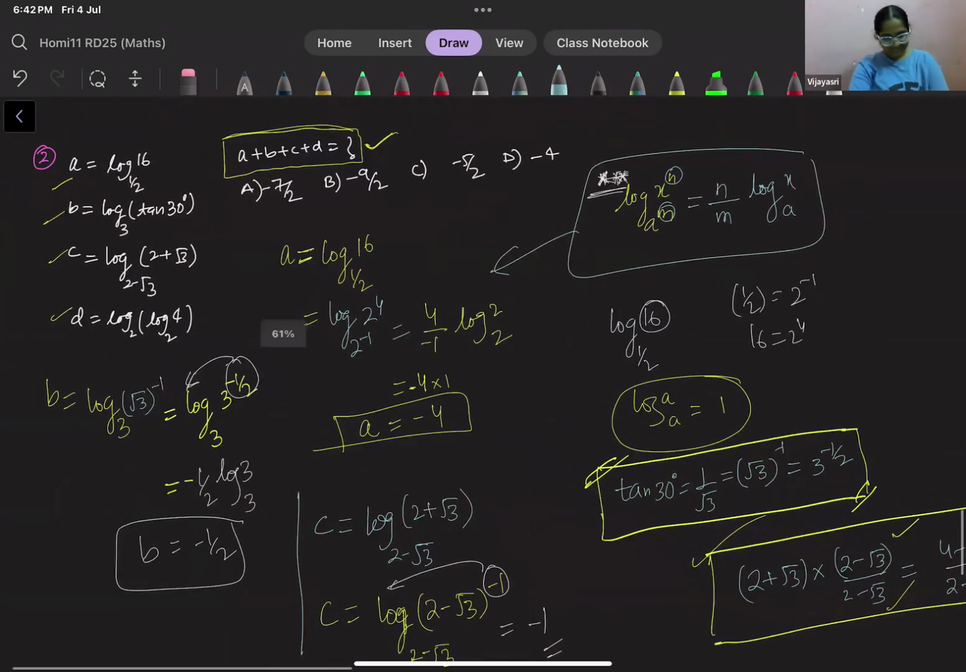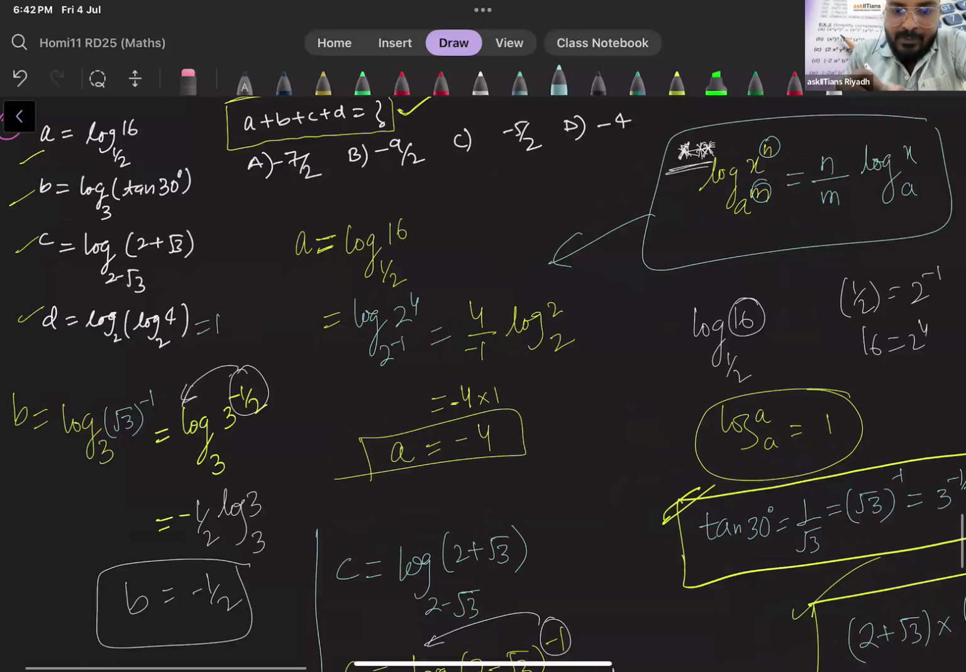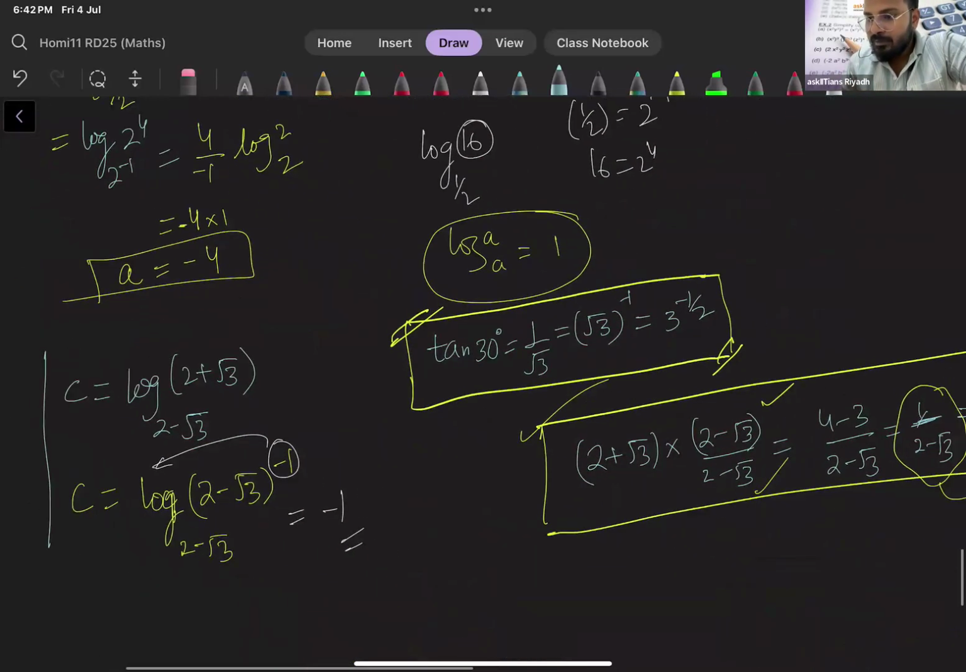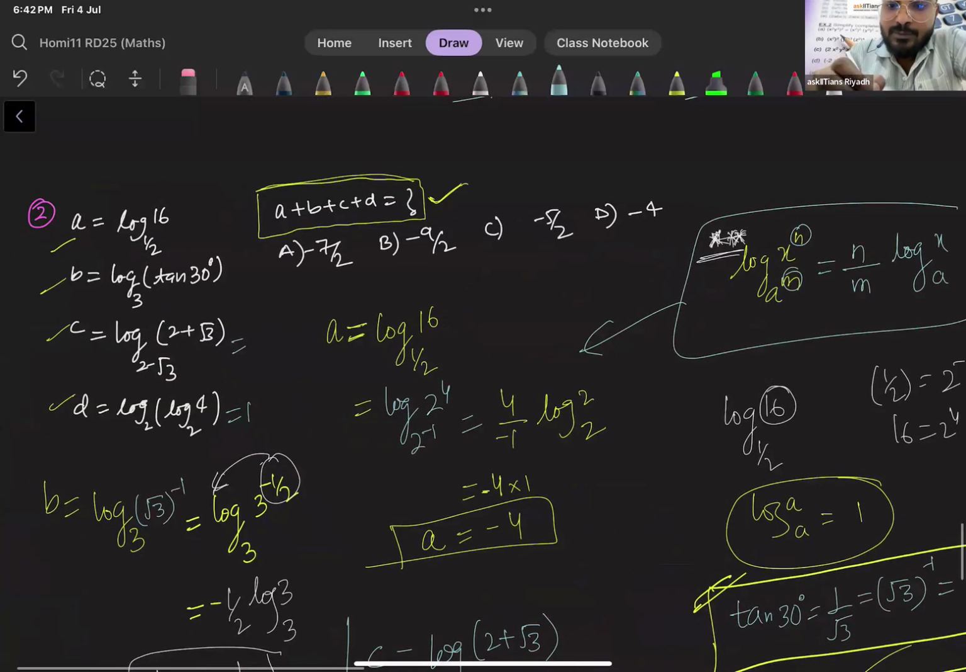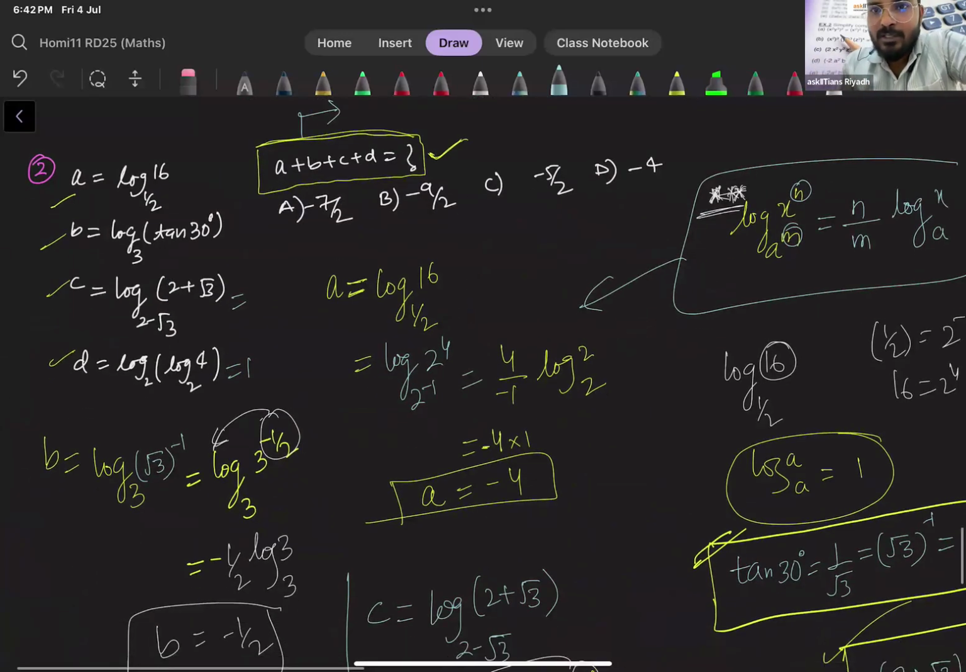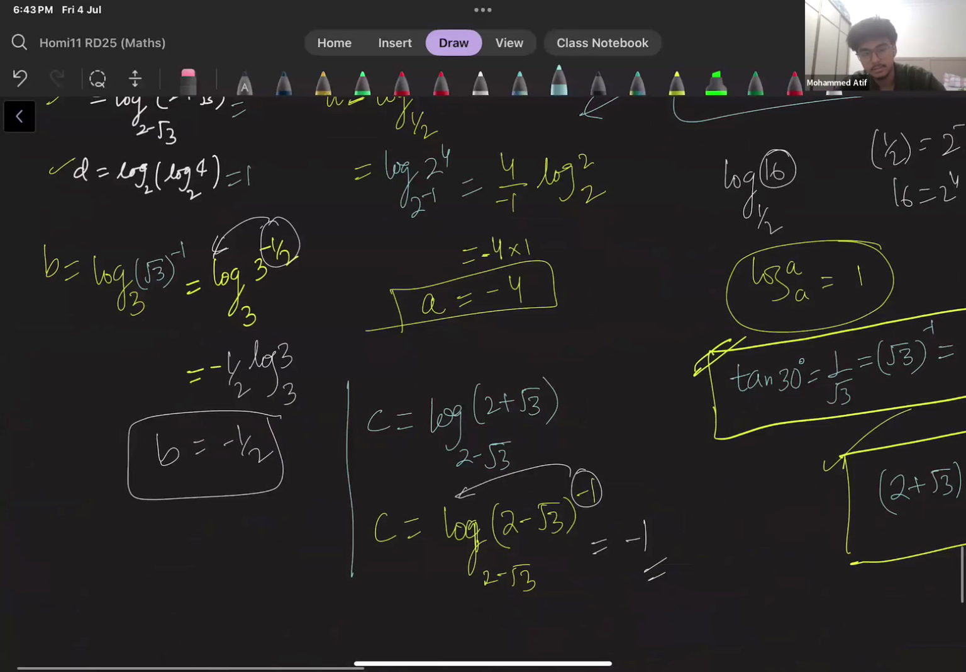So it is 1. So this is 1. This is how much? -1, right, which is -1. So substitute all the values, making it 1 in all of them. किसने पूछा ये? आतिफ।